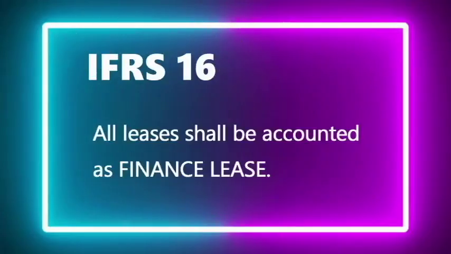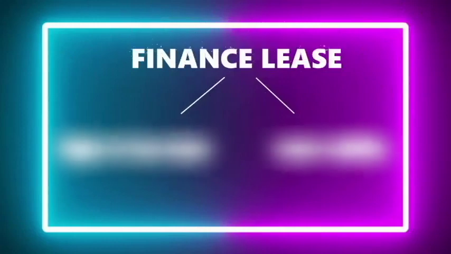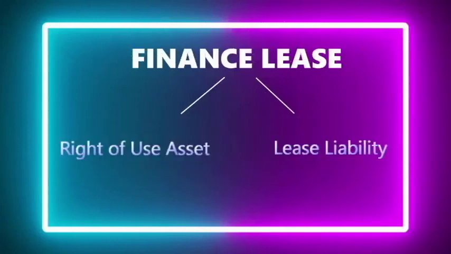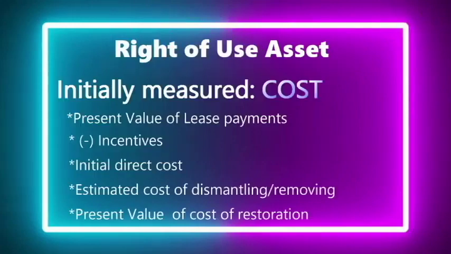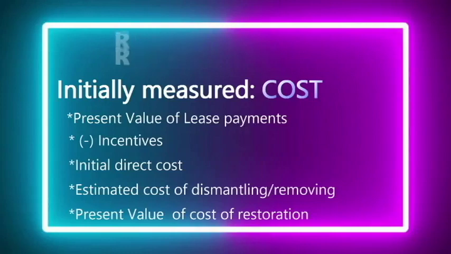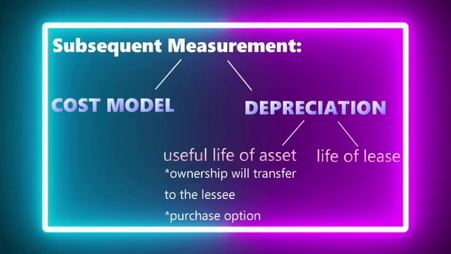According to IFRS 16, all leases shall be accounted for as finance leases. In a finance lease, there are two components, the right of use asset and the lease liability. The right of use asset is initially measured at cost. This cost includes present value of lease payments, less incentives and bonuses, plus initial direct costs, plus estimated cost of dismantling or removing, plus present value of cost of restoration. So,